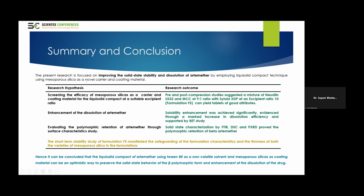Coming to the summary and conclusion, the present research work is focused on improving the solid state stability and dissolution of artemether by employing the liquisolid compact technique using mesoporous silica as a novel carrier and coating material. So the hypothesis suggested was that we should be able to screen the efficacy of the mesoporous silica and to find a suitable excipient ratio. We have achieved it, and we have seen that a mixture of Neusilin US2 and MCC at 9:1 ratio with Syloid XDP at an excipient ratio of 10 can be a good combination for